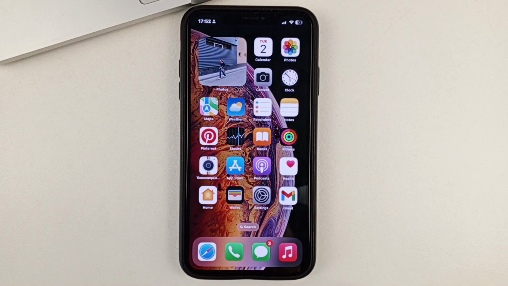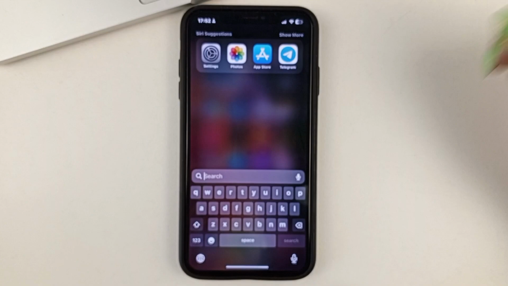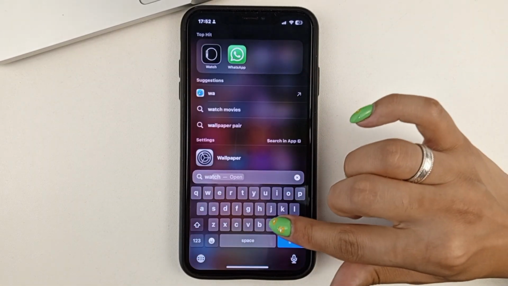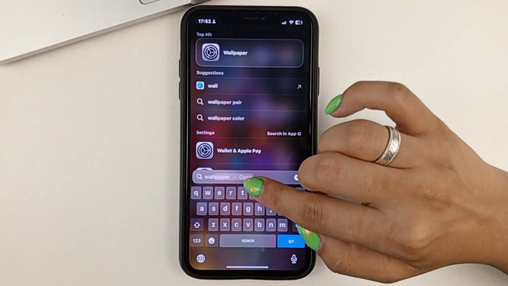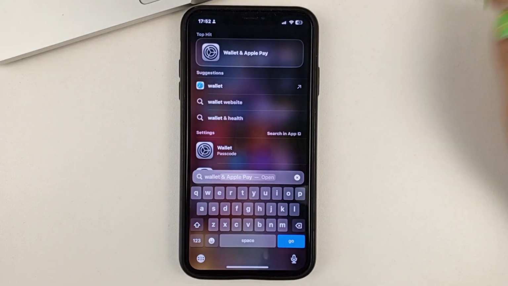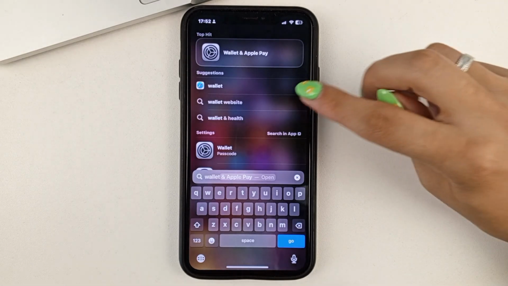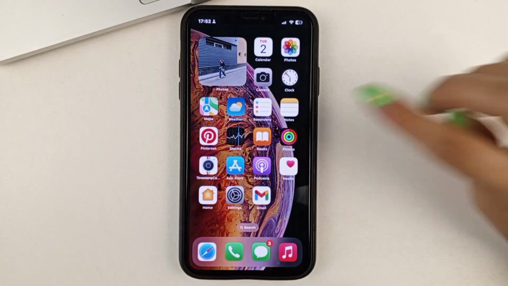And now you can go back to your iPhone work screen. You'll have to wait literally a few seconds for the app to disappear, as you just saw. This happened on my screen. And even if you try to find this app through the iPhone's search bar, you won't be able to find it. You'll have to go to Settings first to activate it. And then it'll show up on your screen again.